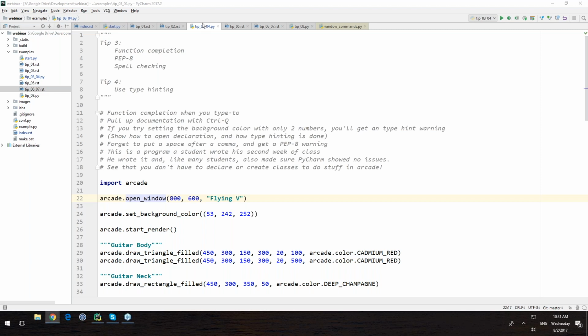The less frustration we can give people, which the type hinting does help because they get to figure out their errors before they go on to the next line of code, the more open it makes students to taking more programming classes and finding this to be interesting and entertaining. Yep.